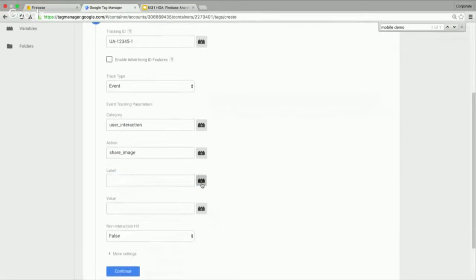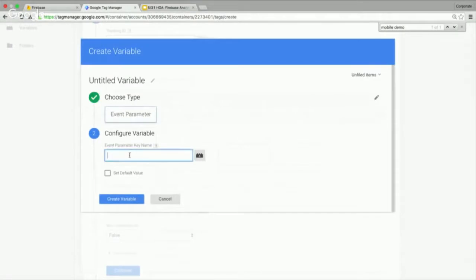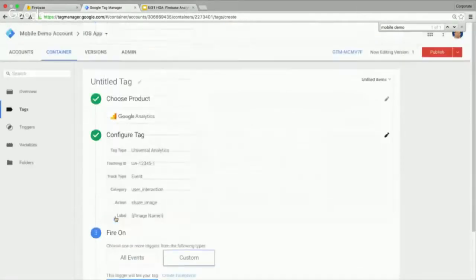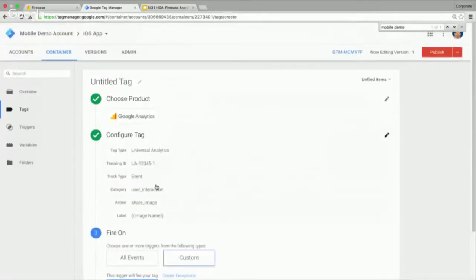And then what I would probably do down here is set up a new variable for the event parameter. And in this case, it would be image name. And this is the same image, the same variable that I was just showing in that previous code example. So once we've done this, we just need to tell it when to trigger. And we've already done that with the share image trigger. So if I then create this tag, publish the container, every time a user shares an image in their app and that event is logged for Firebase Analytics, another event will be sent off to Google Analytics to log this